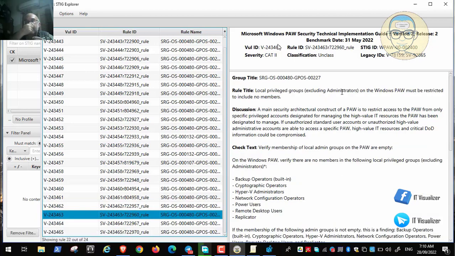Then the next recommendation: local privilege groups excluding administrators on the PAW must be restricted to include no members. So we have a lot of local groups on the PAW. We have the backup operators group, and a lot of local groups with different predefined rights. There should be no members in all of the local groups on the PAW workstation except for the